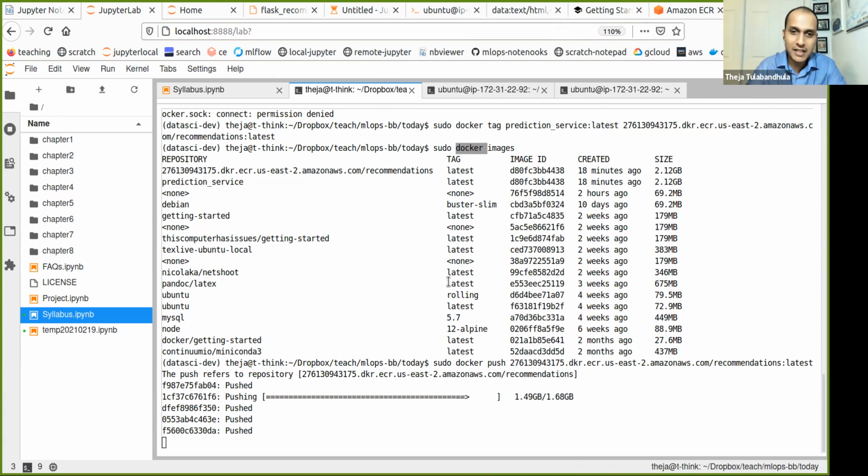You don't even have to have Python on that machine, you just need Docker on that machine, because everything that the program needs, in this case the Flask recommend thing, is already there in the image.